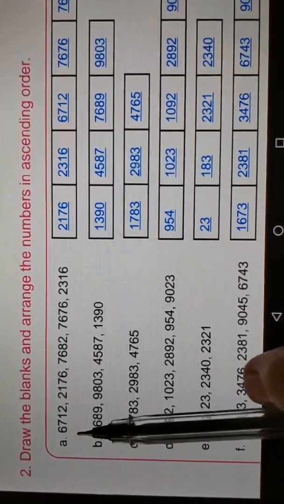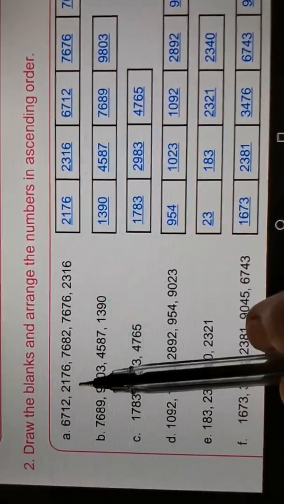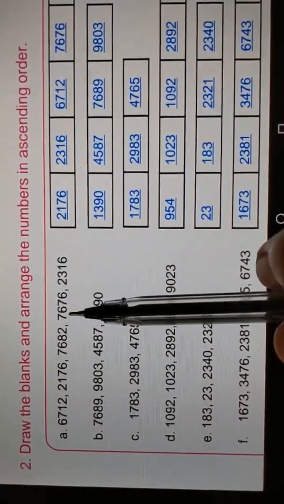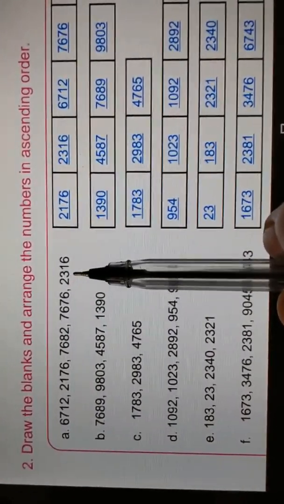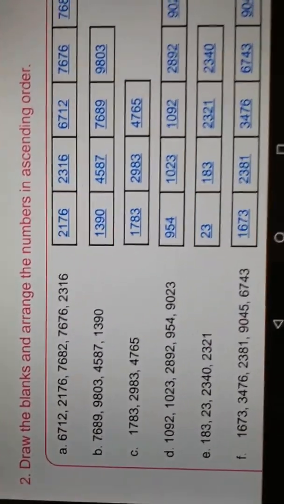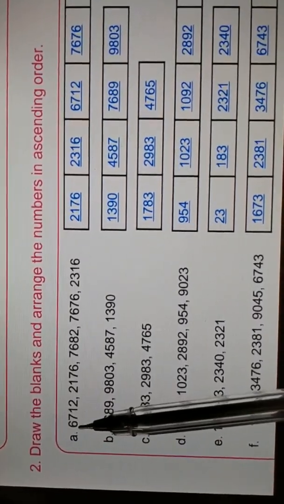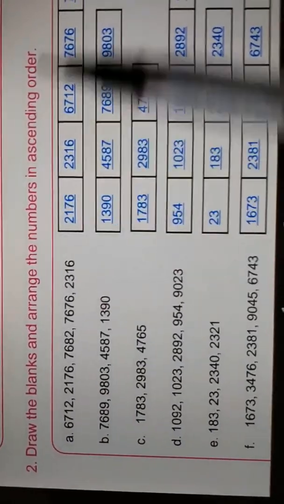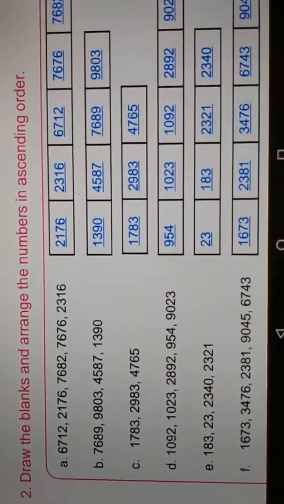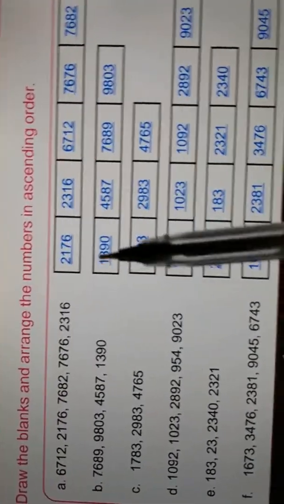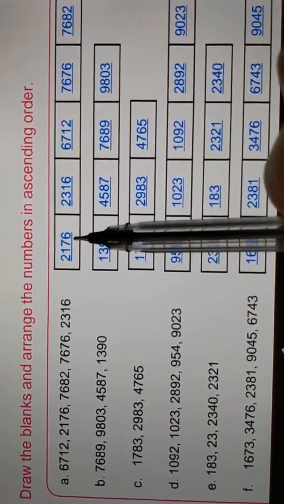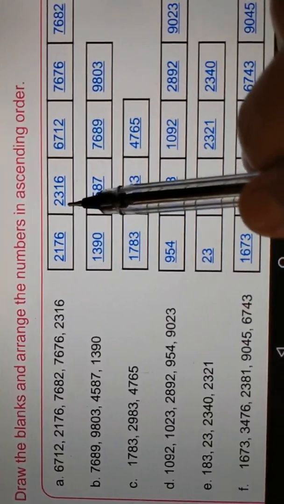First question is 6712, 2176, 7682, 7676, 2316 is there. So how many numbers are there? 1, 2, 3, 4 and 5. We have to draw 5 lines first. After this we have to write the smallest digit number. Smallest number is 2176. Next smallest number is